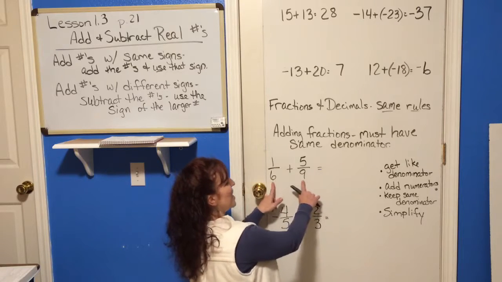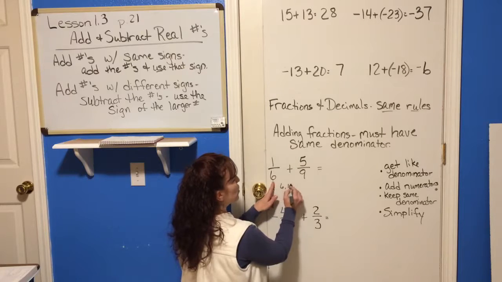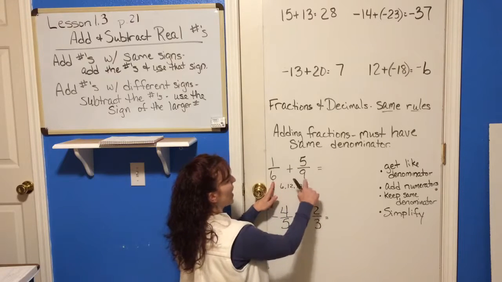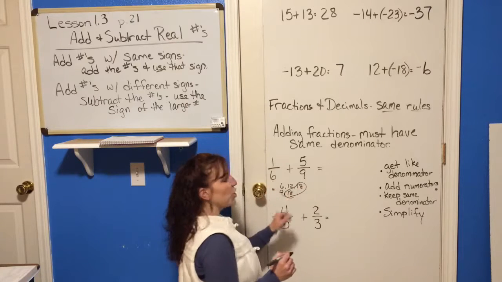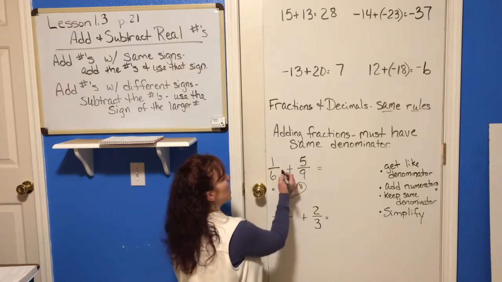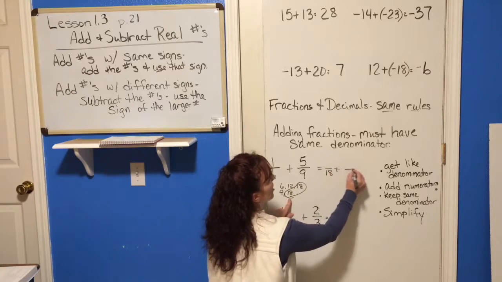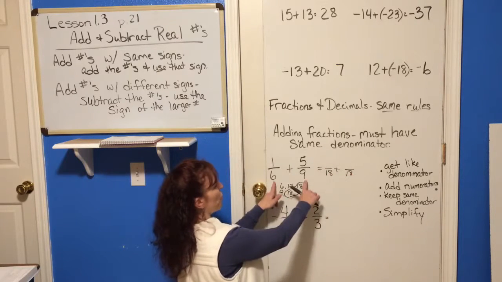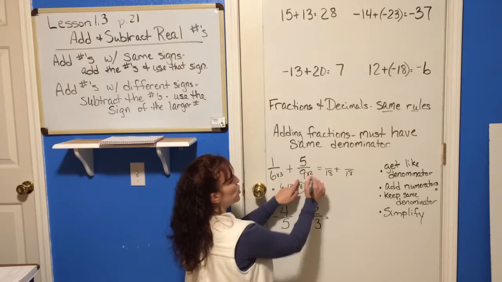So we're looking to see the least common denominator of 6 and 9. So 6 times 2 is 12, 6 times 3 is 18. And I happen to know 9 times 2 is 18. So I'm going to use 18 as my common denominator. To get 18 in both of my denominators, I've got to take 6 times 3 to get 18 and 9 times 2